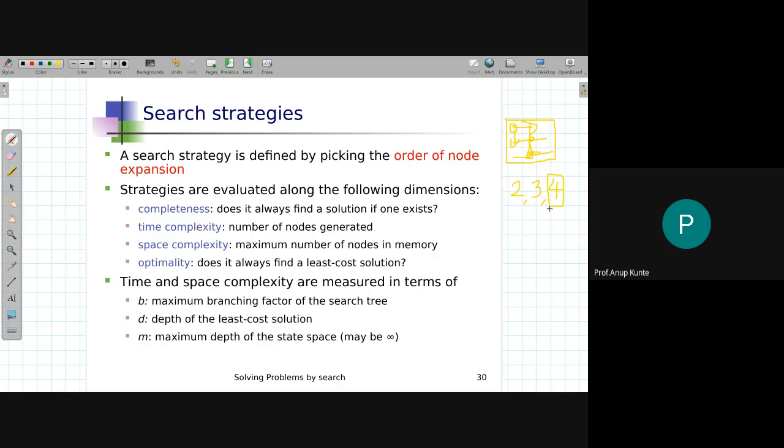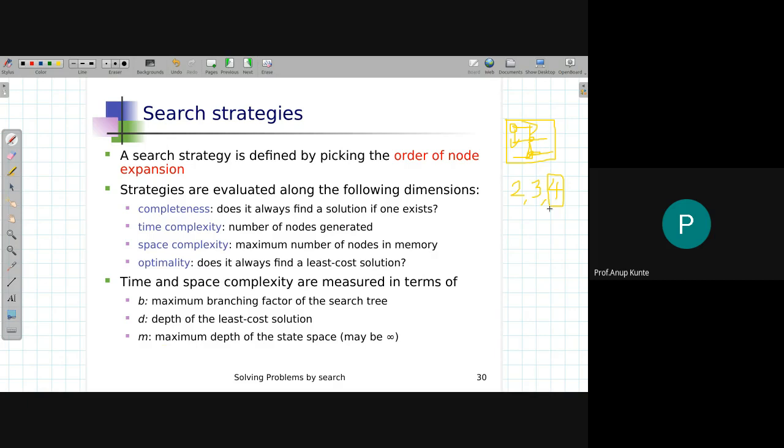So this way you can understand what the maximum branching factor of a search tree means. B in the case of the 8 puzzle problem is going to be 4. For a 15 puzzle problem it could be different. Will it be? No, it will still be 4, because there will be a maximum of 4 actions that you can perform. Okay, let it be. Depth d is the depth of the least cost solution.